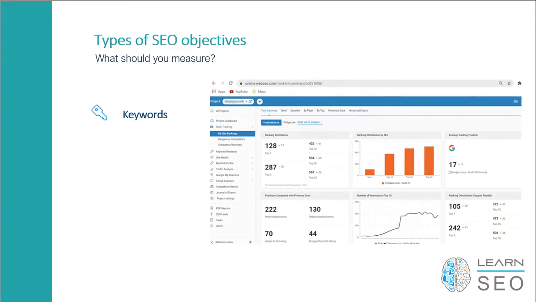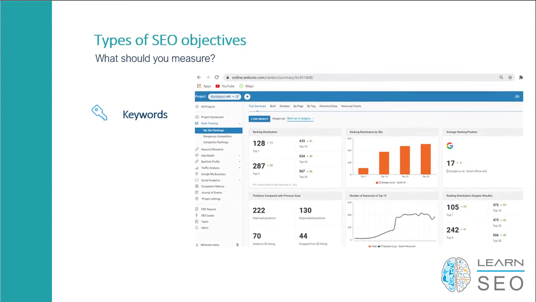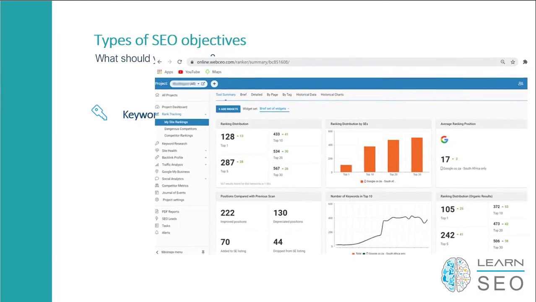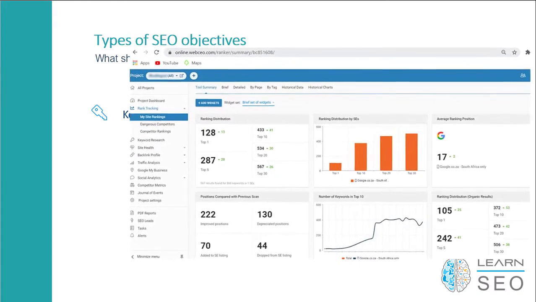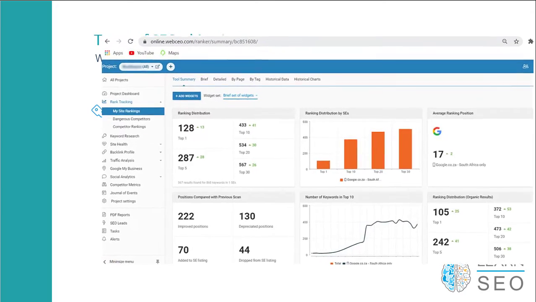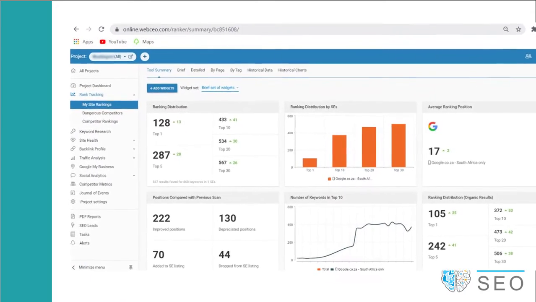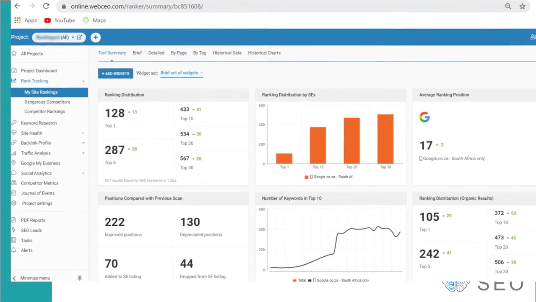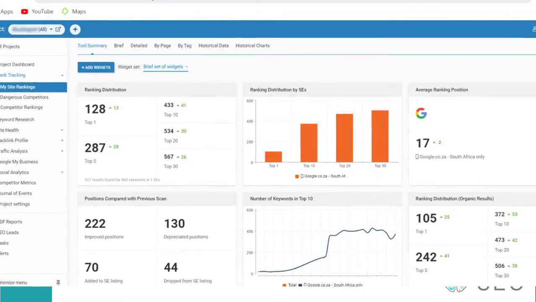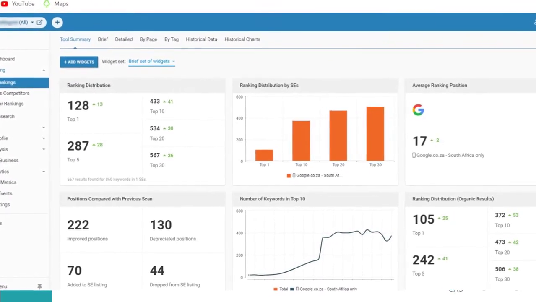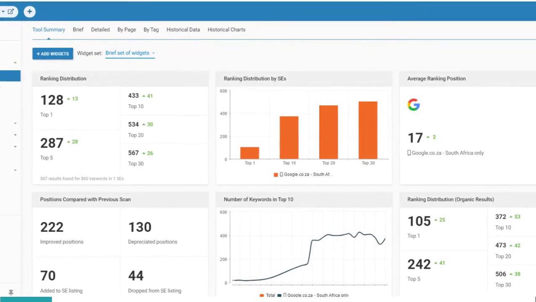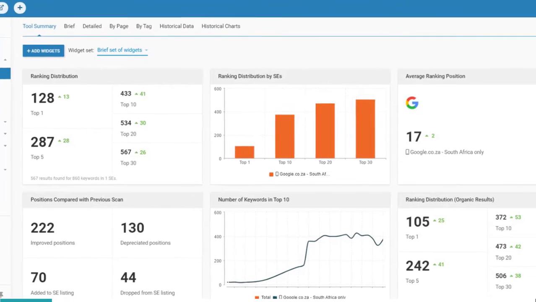But the point is that with keywords specifically, we want to set a very clear objective around how many keywords we're wanting to ultimately rank on Google organically for. Now, with any objective, what you want to do is take a snapshot of where the organization is right now.